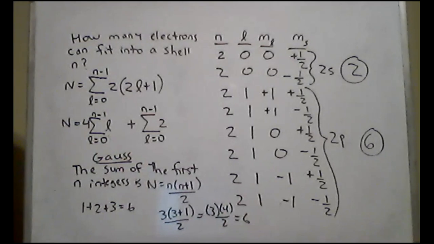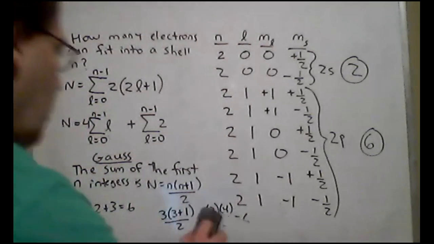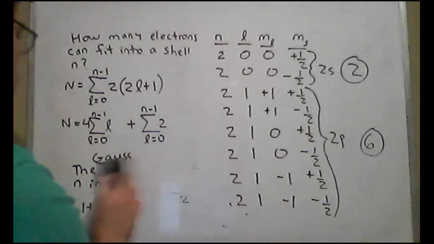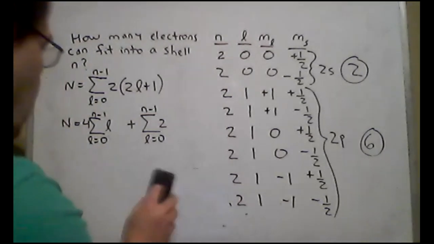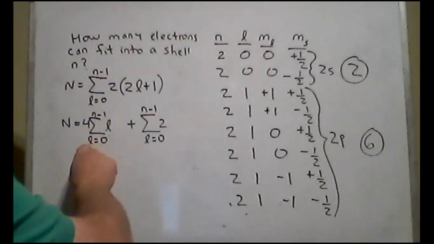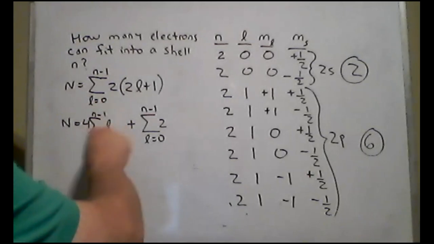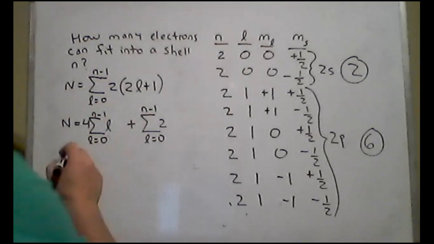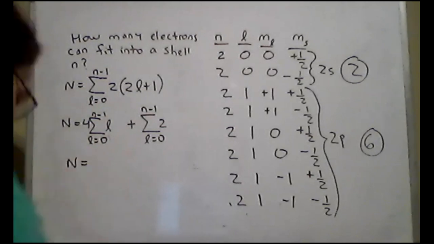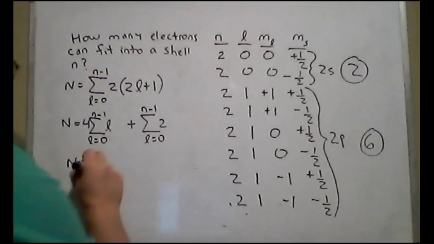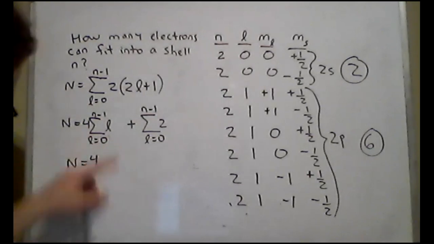Gauss was a mathematical prodigy. So Gauss is a little boy, he's probably about 7 years old, showed that if you add up the first n numbers, it corresponds to this formula. We're going to use Gauss's formula right here. And we want to add up, so we're going to have to fix it up a little bit. But if we use Gauss's formula, I can literally take the summation, again, it's really the first n numbers starting counting from 0. I can use Gauss's formula and say that I have 4, and then I can say,